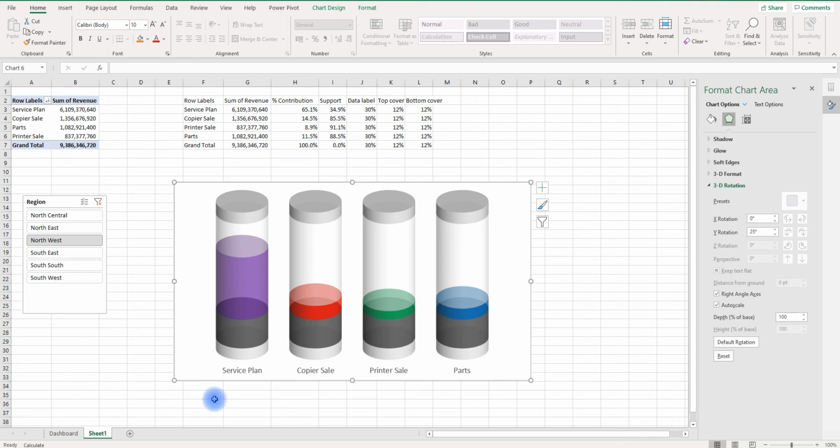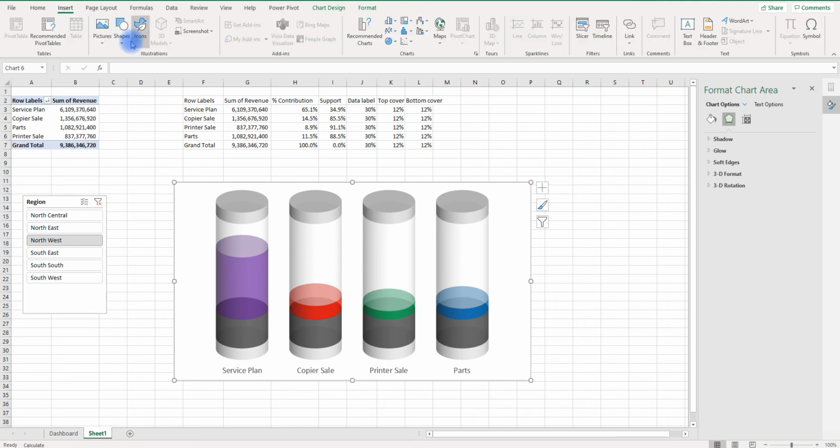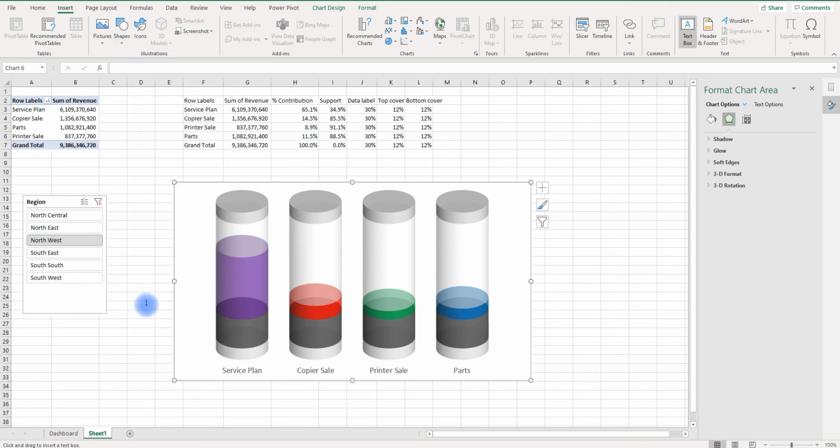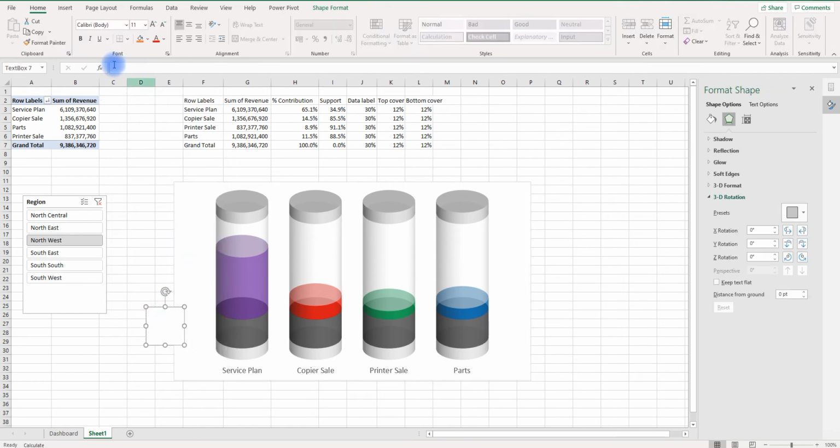The next thing is to include our data labels. So we come to insert text box. Let's put a text box there. Let's just draw the text box here. Then we'll go to the formula bar and do equal to our percentage contribution. Click on OK. So it gives us